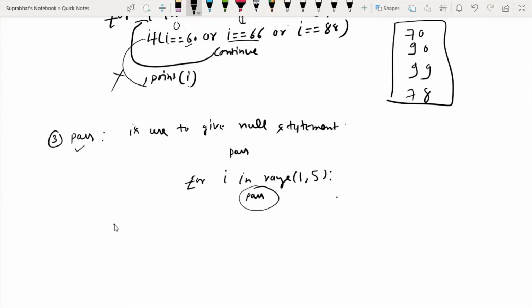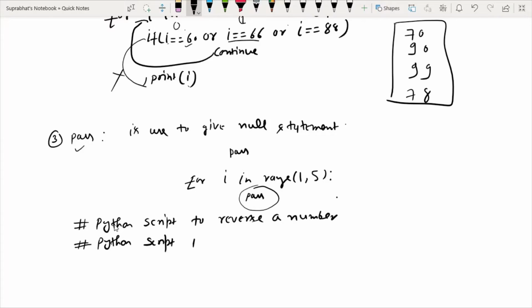Suppose I have to write a Python script to reverse a number, and this is the first Python script, and the second one is a Python script to check whether a number is a palindrome or not.